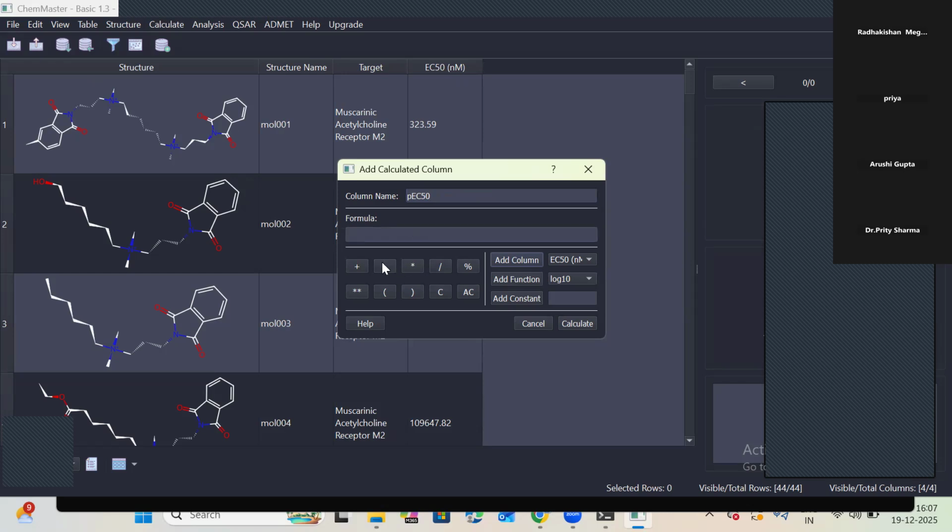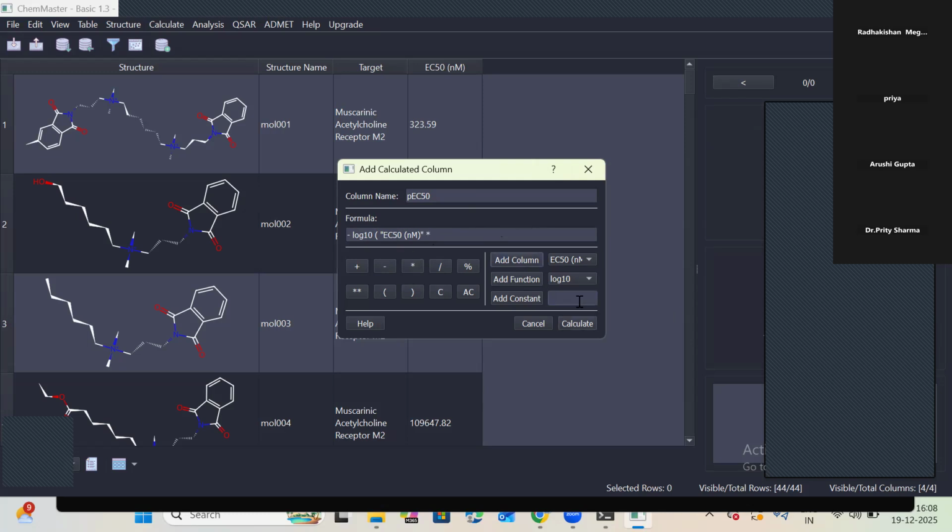we add the minus symbol here, and add function. When we add function, the log 10 is available, and we want to add column EC50 because we want to convert the EC50 value into log data. So we add column EC50, and then the EC50 unit is here. Everyone can see that the value is in nanomolar. The activity should be in molar, so we want to multiply by 10 power minus 9 to convert nanomolar into molar. For that,